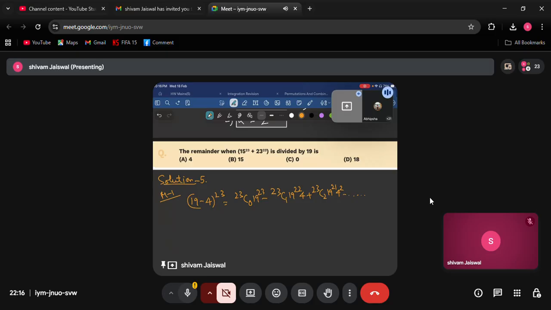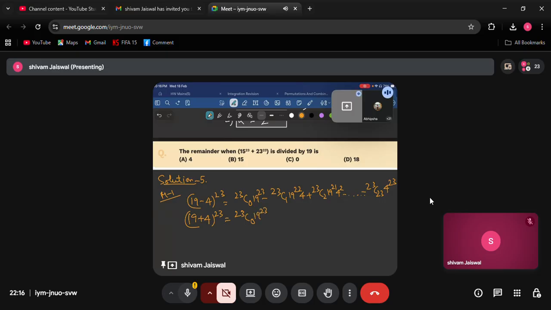Last term will be positive or negative? Last term is 23C23 into 4 to the power 23. It will be negative. And then what is 19 plus 4 whole to the power 23? All of them positive, right? Yes, 23C0